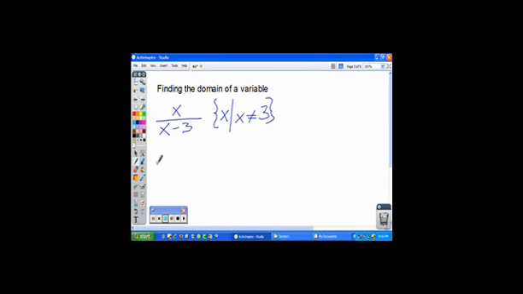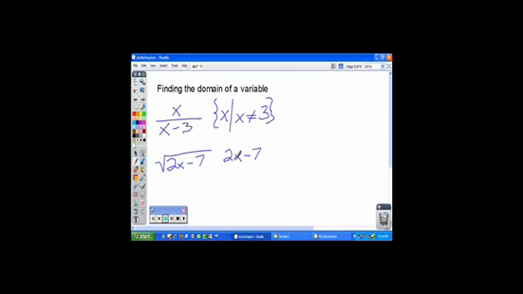Here's another thing you have to worry about when you're dealing with the domain. Let's say I have this, square root of 2x minus 7. Hopefully you remember that we don't want negatives under square roots. Well, how can I figure out when that happens? Well, the way to figure out when that happens is to say, okay, I take 2x minus 7,